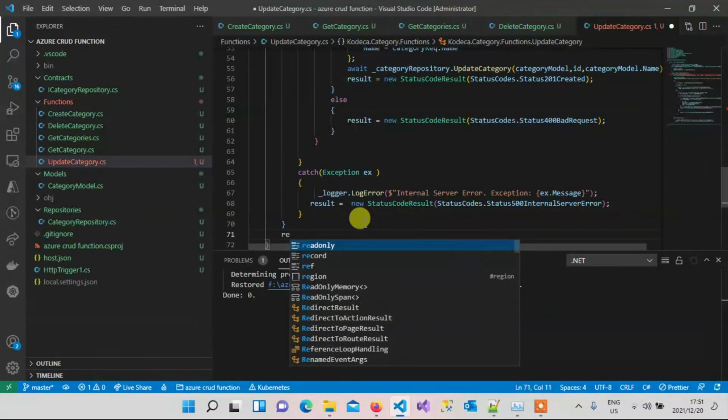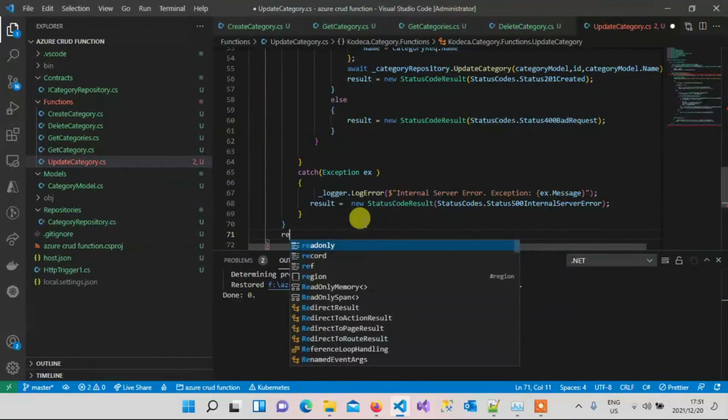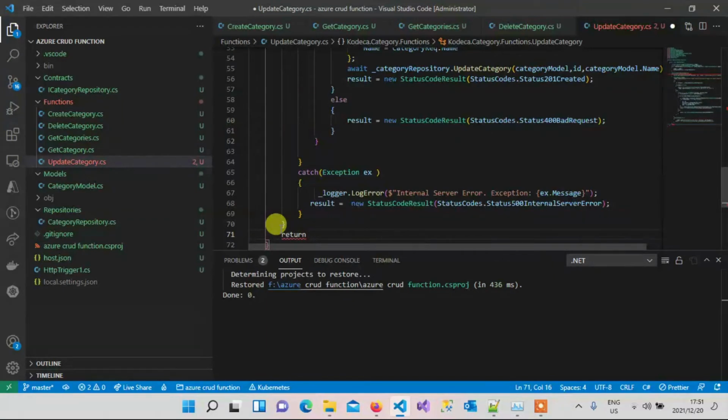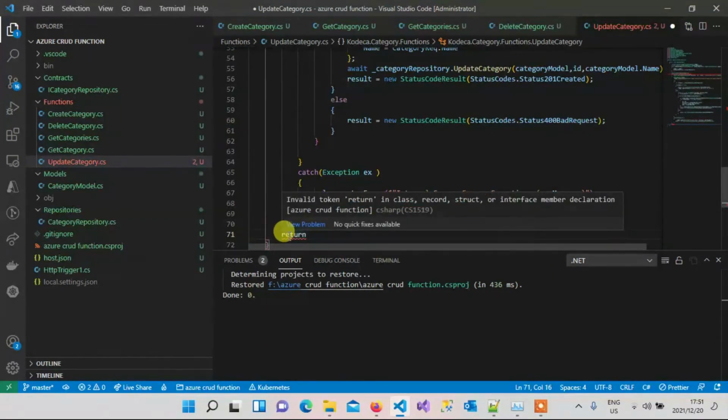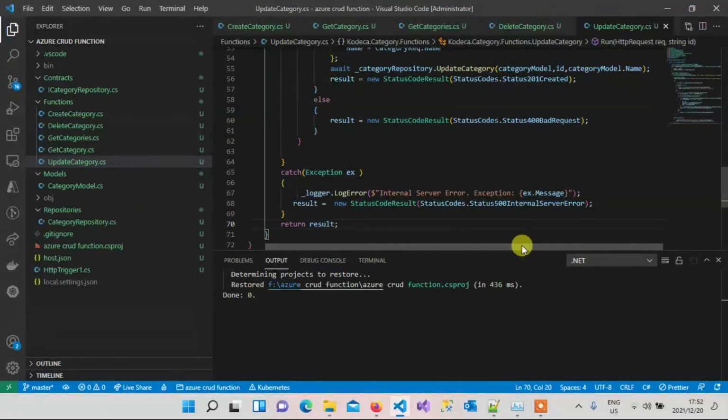So we just return, what method is this one? Okay. Inside here, return result, return, right? So yeah, you can see we are done with all our